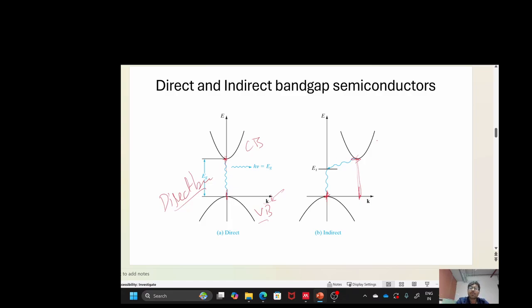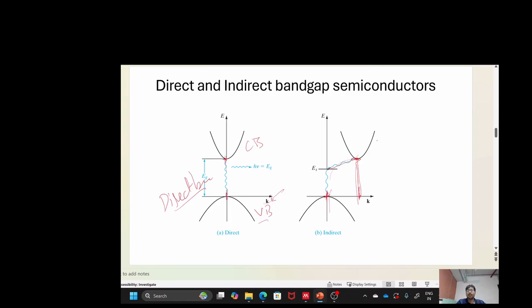Okay, change in momentum of the electron. So what happens is, from here, some energy will be released as heat to the phonons, so to the vibrations. So this is an indirect band gap semiconductor if the k values are different for